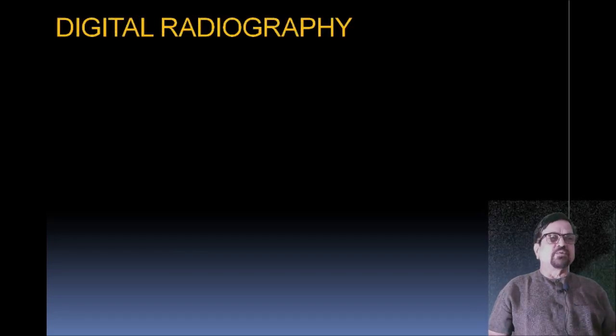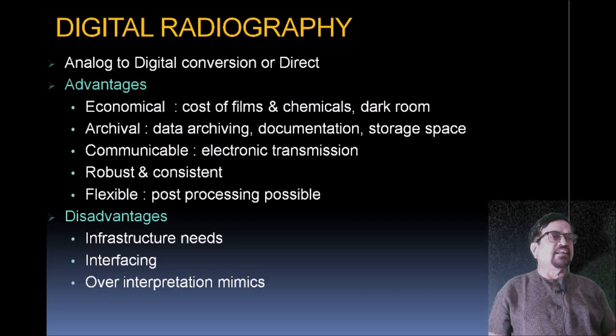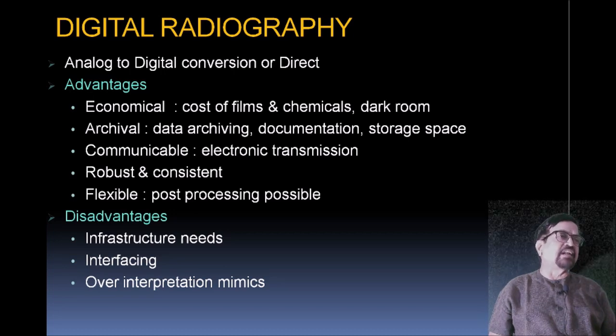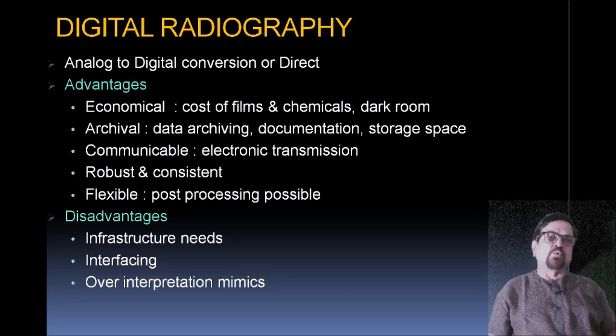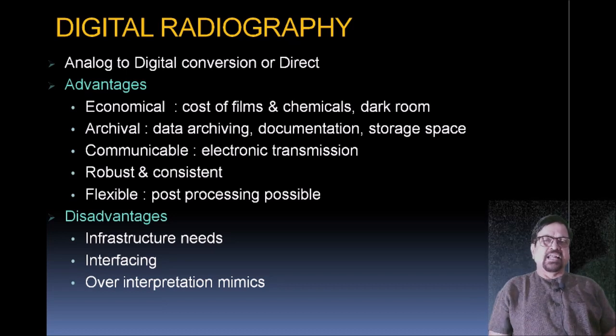Now after that we are going to see what digital radiography is. Digital radiography is analog to digital conversion of the direct X-rays. So it is either through CR or through direct radiography that we achieve digital radiography. Both are called by the same word, digital radiography. It's further divided into computed radiography or CR, and second is direct radiography, which we are going to see in more detail subsequently. In technical words, it is a conversion of analog into a digital version.